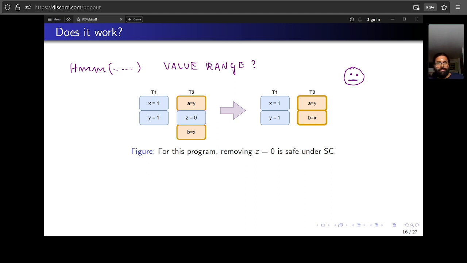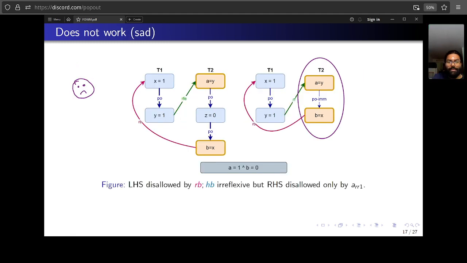So I should be able to just delete it. It should not matter, and the program should behave the same. So this is okay under SC. It's certainly fine under SC. It doesn't give any problems, but it doesn't work for our model.